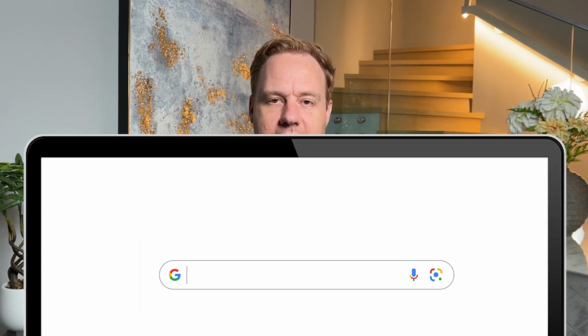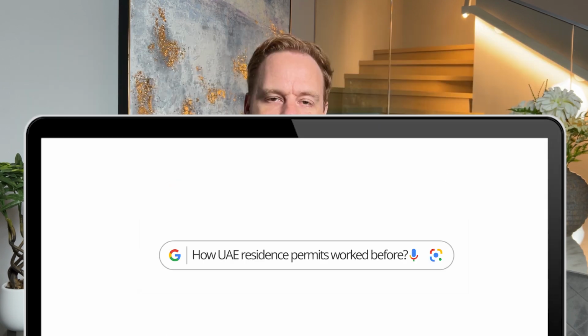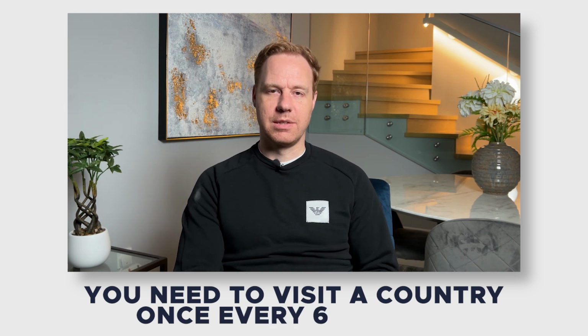And if not this, what are some other solutions? So let's dive in. Now, to give some context to this, it's helpful to understand the way that UAE residence permits have worked for quite a while. And this is that the majority of them, you need to visit the country once every 6 months, or typically